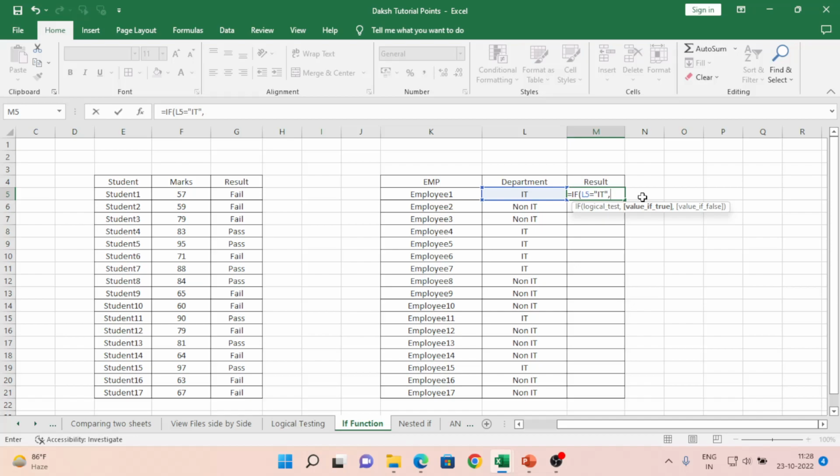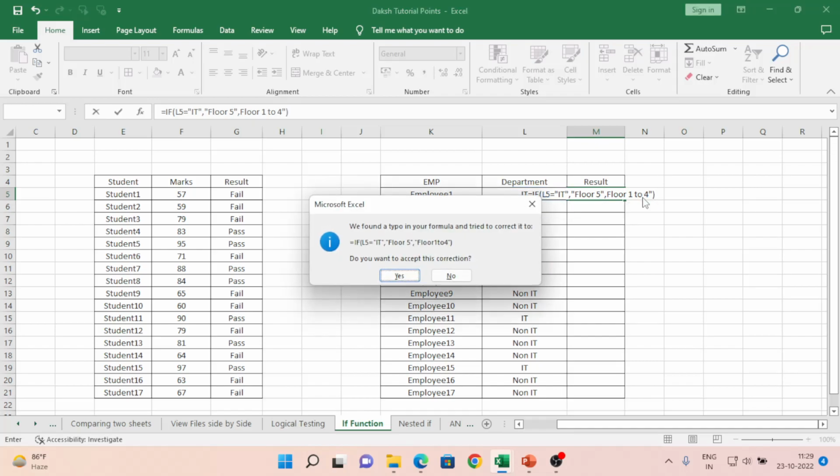So all IT people are sitting on floor 5. If it is a non-IT person, they will be sitting on floors 1 to 4. Makes sense. So if I hit enter,